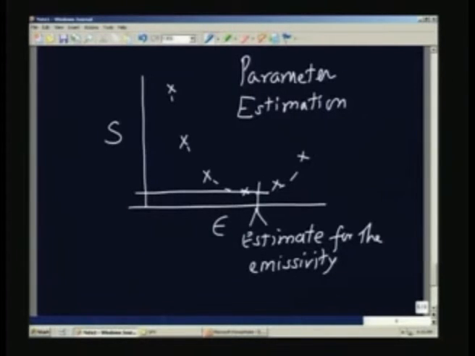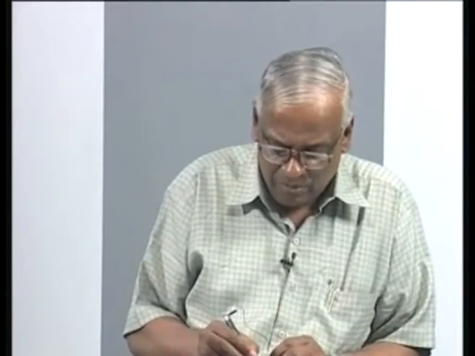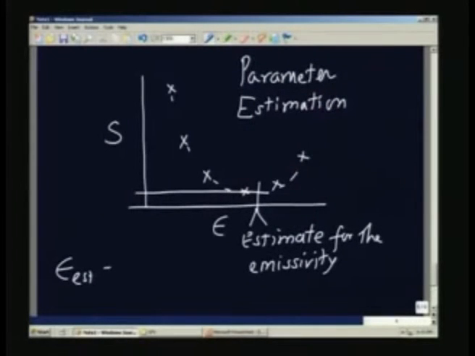In many applications of this method for determination of emissivity, we can get plus or minus 0.01 accuracy. That means I can say epsilon estimated is equal to epsilon true plus or minus something like 0.01. That is possible if you do the experiment carefully, and use the parameter estimation method by taking the data and doing the least squares analysis. So, this is one way of doing the emissivity measurement, and here you see that we are using a transient method.